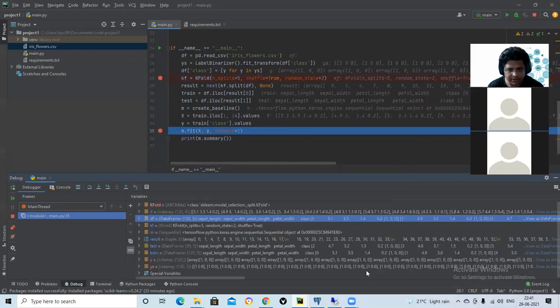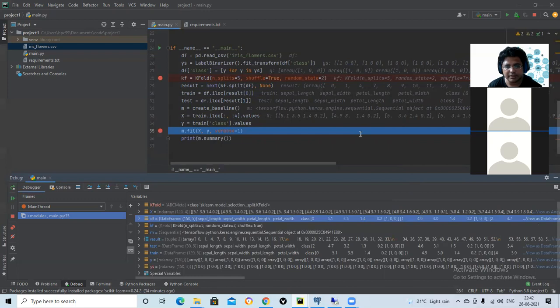First we do the split, then we call the k-fold. That means first we do the k-fold and then we do the binarization.